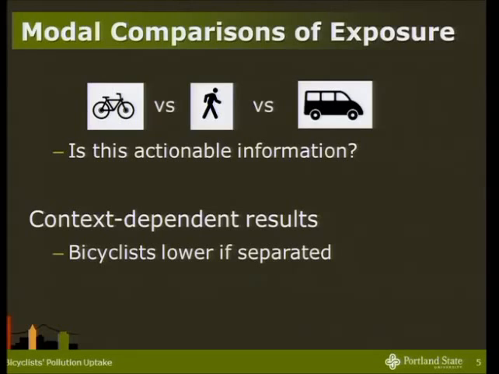But if you're interested in the scorecard results, when you compare bicyclists to other modes, the exposure concentrations really depend on the context in which the study was conducted. So if you have bicyclists on separated paths, bike-ped paths in parks, for example, it's going to be a lot lower. But if you have bicyclists in mixed traffic on road, it might be a little higher because they don't have the vehicle shell to protect them. But the results of these kinds of studies are pretty varied in terms of who has higher exposure concentrations.